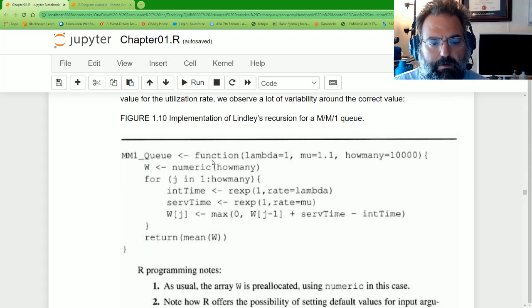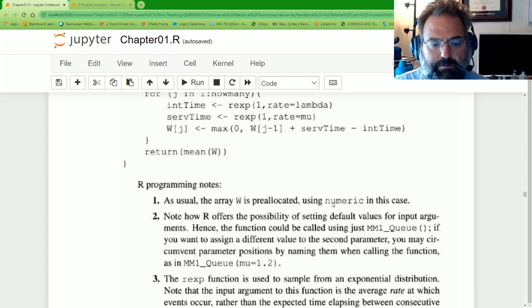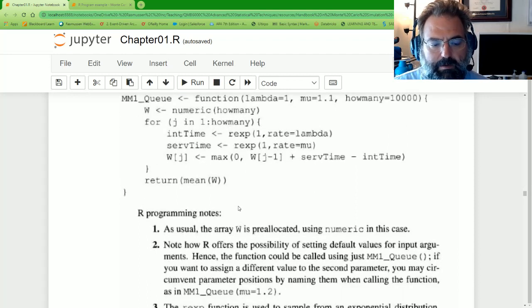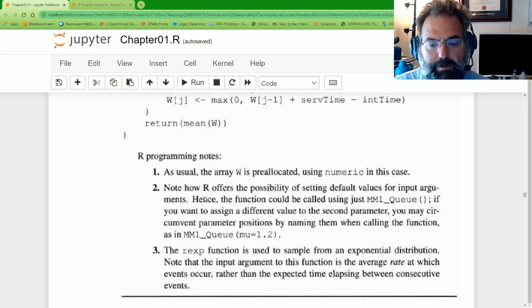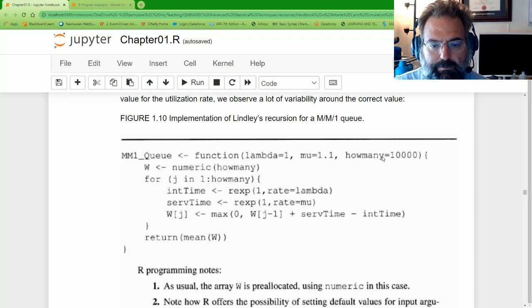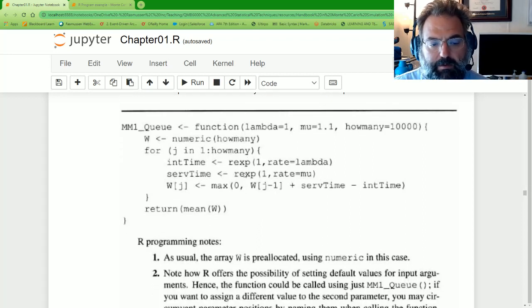So again, using a function, we pass in a lambda, a mu, and how many. We calculate a fixed array, and that's what this is, a pre-allocated array of W elements, of how many elements. And then you have the ability to set some obviously default values, and that's what these are doing. So that syntax is setting some defaults so that you only have to send in the ones that you care about. The RXP is a